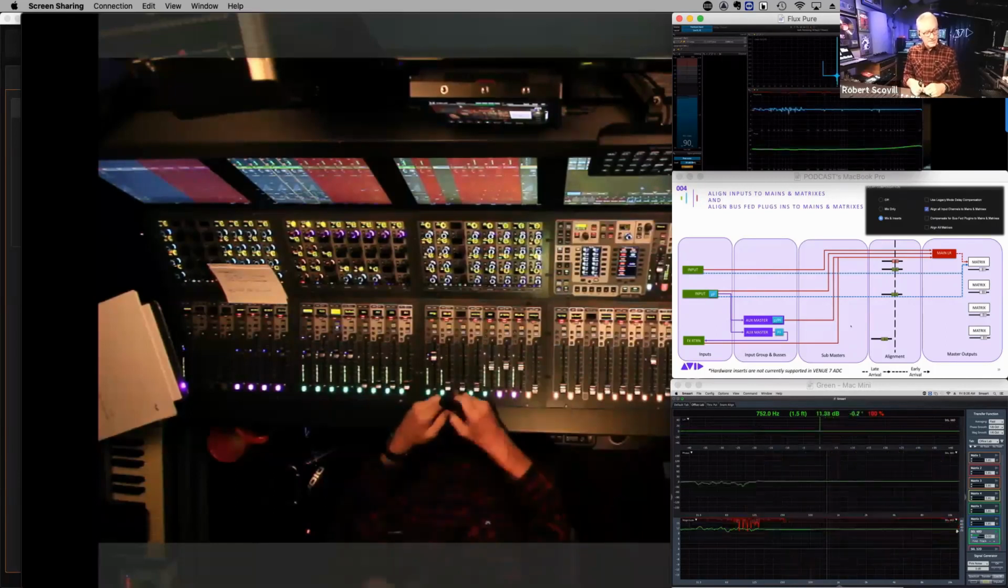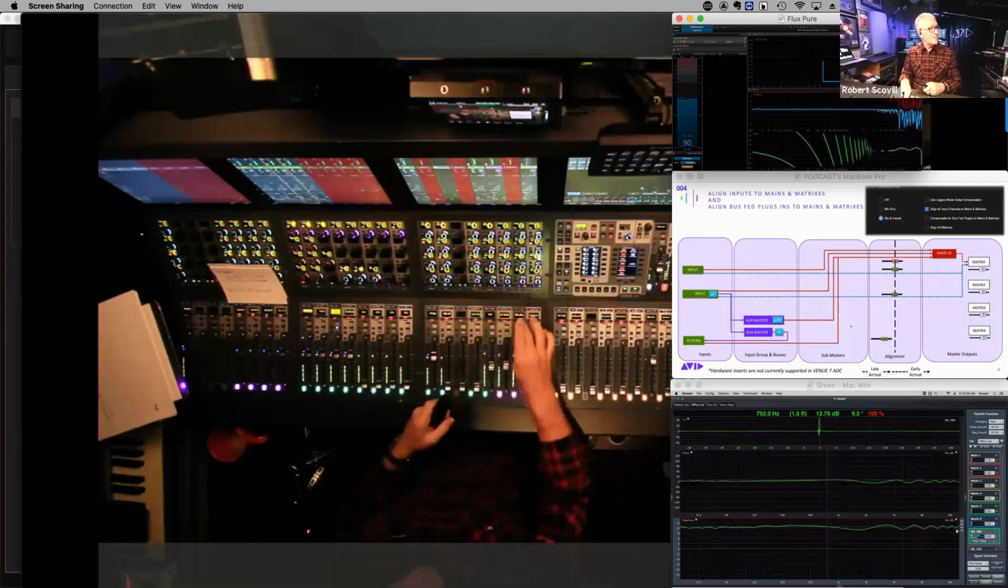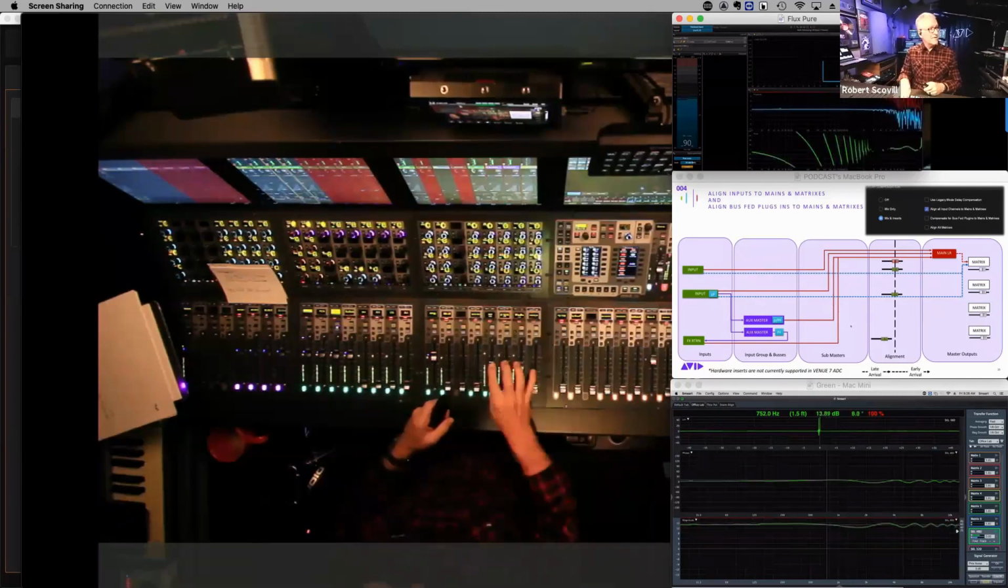And we are in business now, right? And the nice part of it is we can add effects returns if we want to, and they are aligned to the left-right bus, right? So you'll see me adding in,